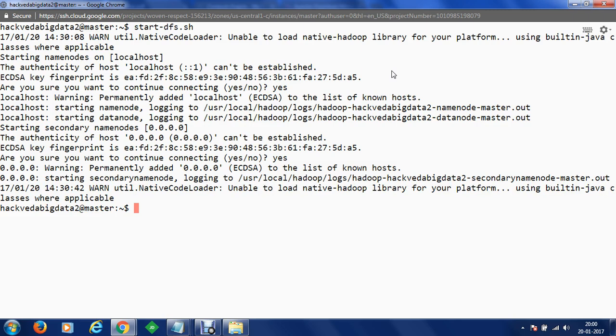So at the moment, everything has been done. Here you can see that there's a warning, and this warning is just because we have an old library for native code loader, so you can just ignore it. Now, once you have started the DFS, now you can start